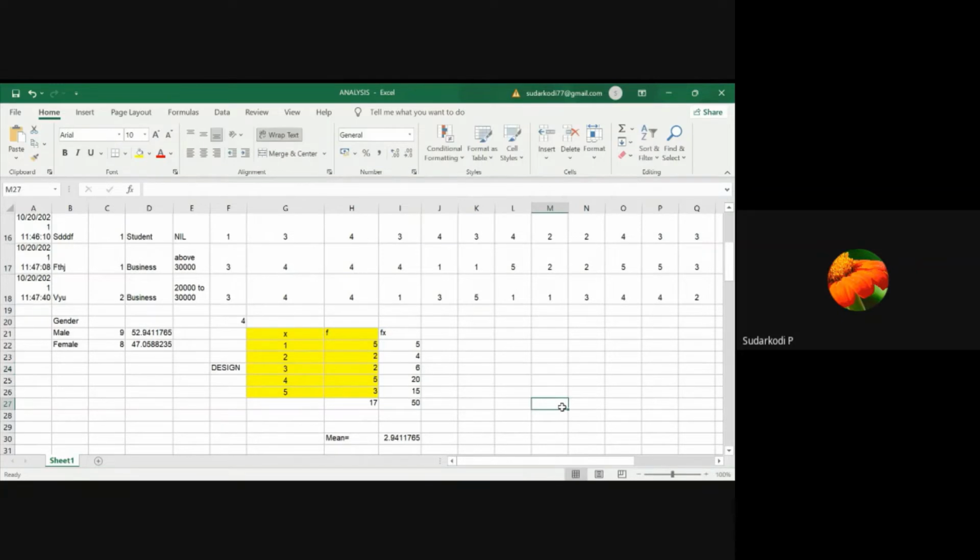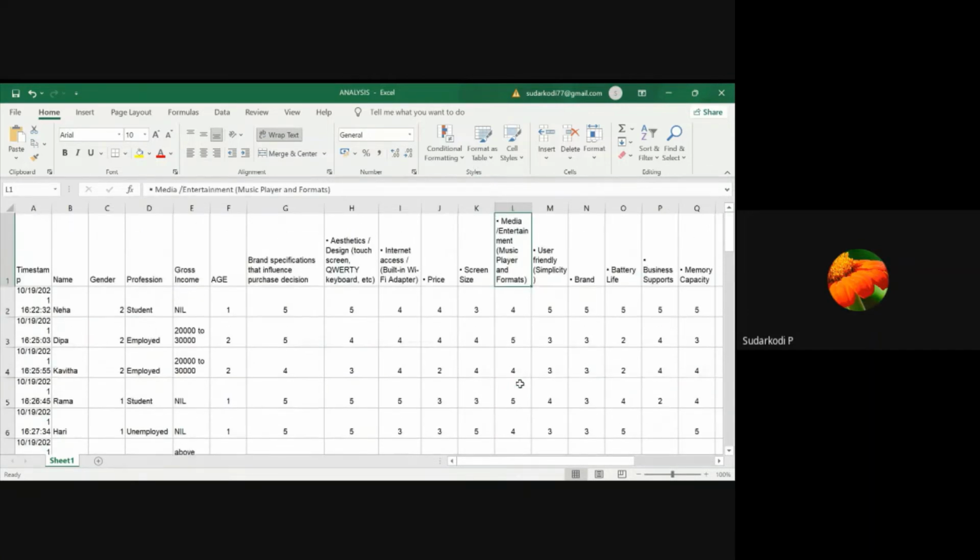So in this, you just want to change what the respondents spoke about design. Say you are getting 3, 2, 5, 5, and 2. Okay. Automatically in the same table, your answer changes. So you got the mean for design. Okay, the mean is 3.05. Similarly, in the same table, you can just fill the data of internet access,